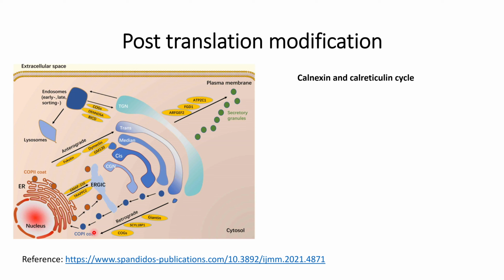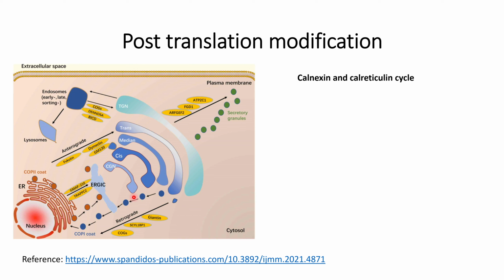If the proteins, during any part of this secretion, from ER to ERGIC to Golgi, have non-native structures, then these retrograde proteins will transfer the proteins back into the endoplasmic reticulum where they can again acquire their native structure. And these are the different final destinations of the proteins based on their structure. They are either diverted to the lysosomes, or to the plasma membrane, or secreted outside the cells.